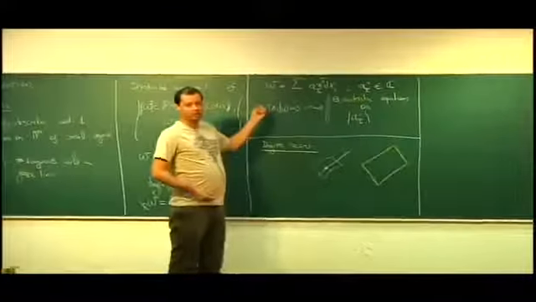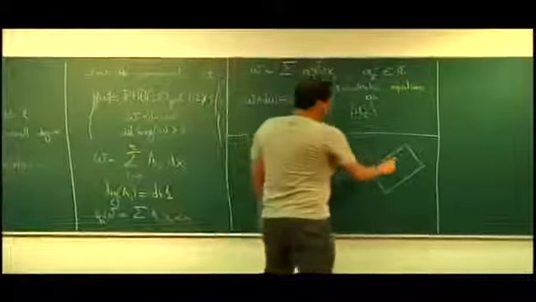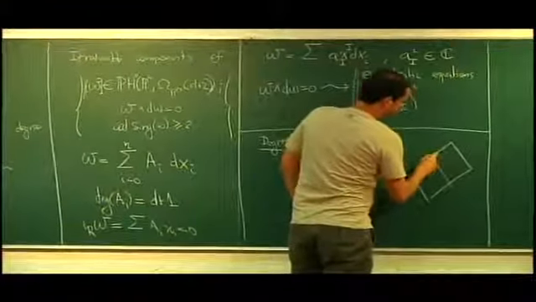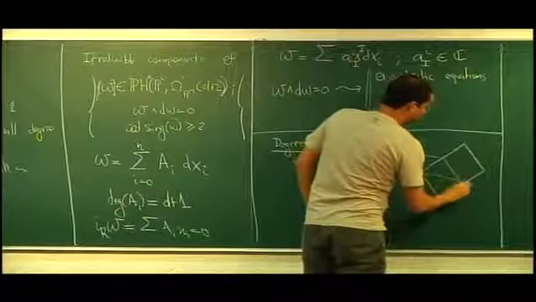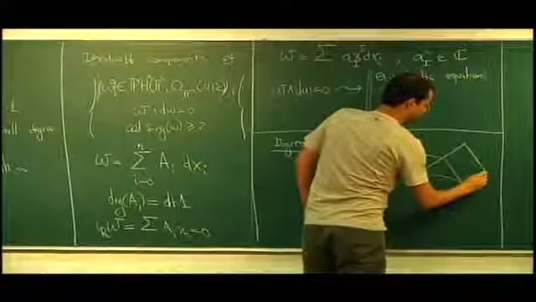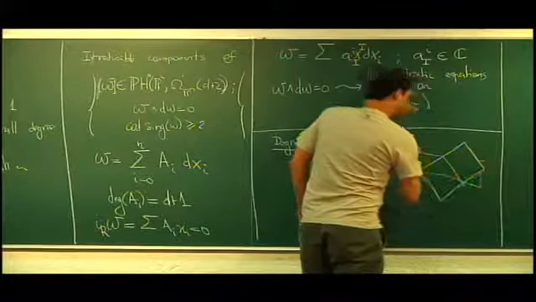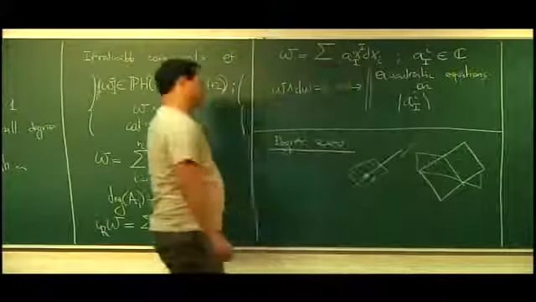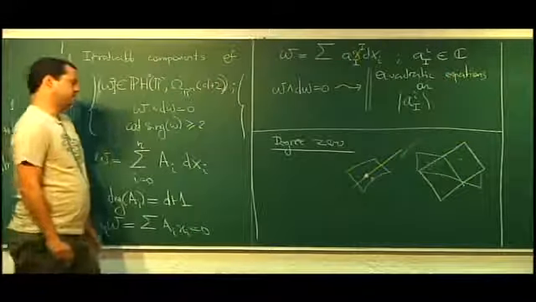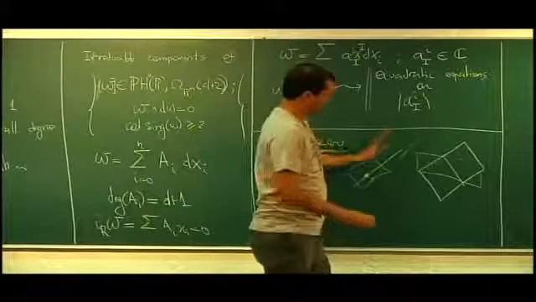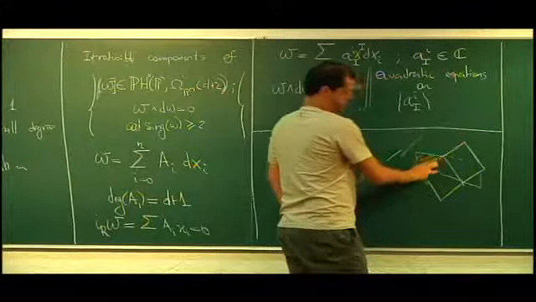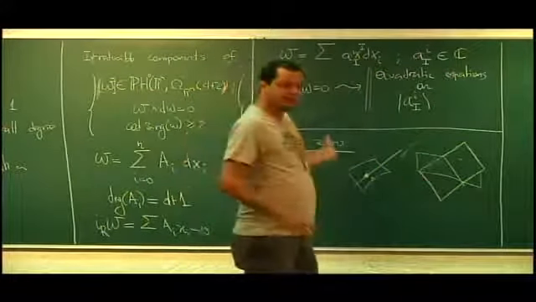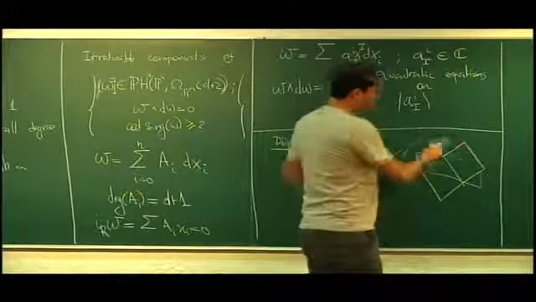Now I do the same thing with another point. I will have another plane which will intersect this one in a line. Excuse me for my lack of ability to draw pictures, but I think at least this should be clear. And we have two planes intersecting in a line, and it's not very hard to see that when you continue